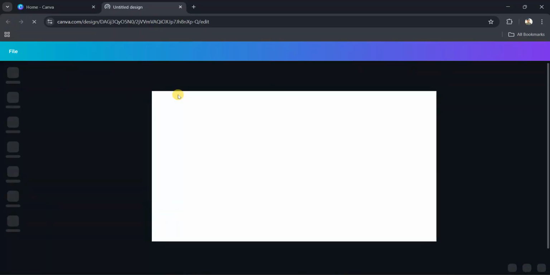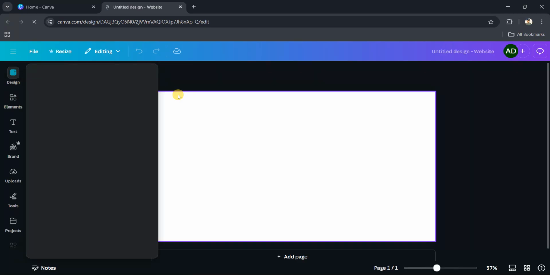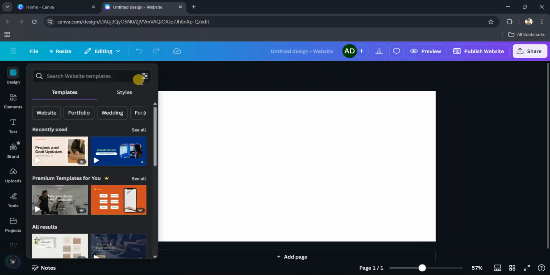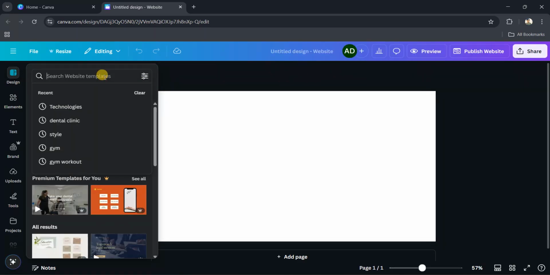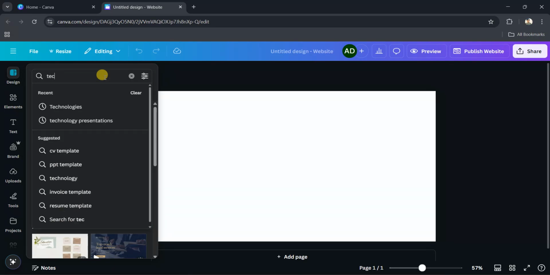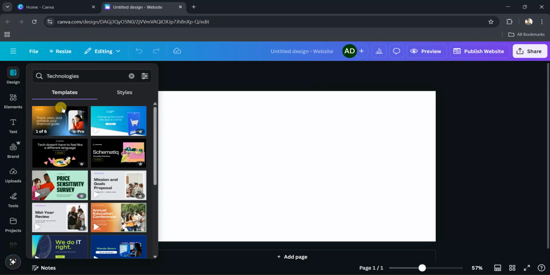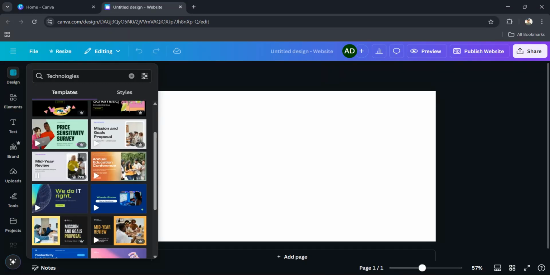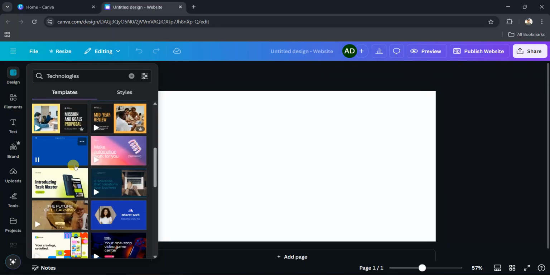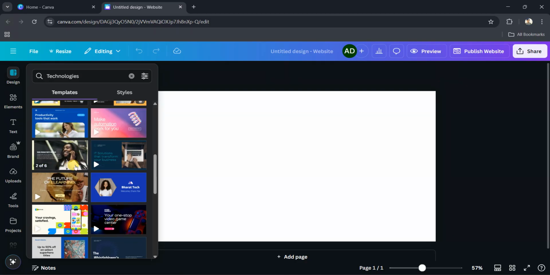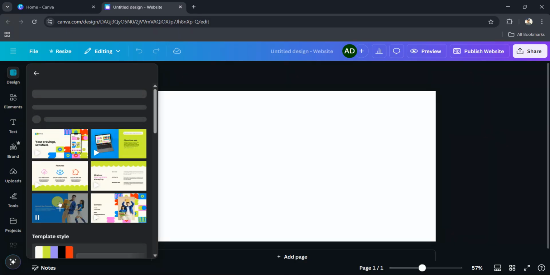Click on here. Now the best thing about Canva is it gives you hundreds of templates based on your suggestions. For example, I want to make a website on technology, so I will click on technology. As you can see here, click on it. Now as you can see here, Canva suggests hundreds of template ideas. For example, I want to create this type of website. I will select this